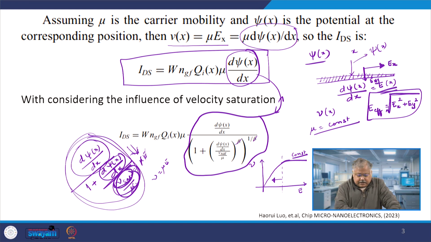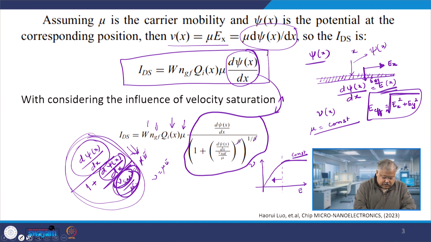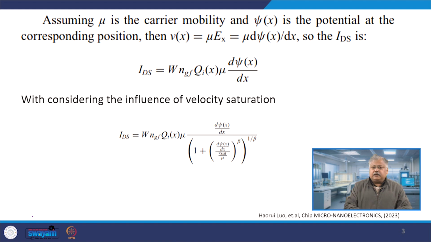That's the reason you get dψ/dx, and if you multiply that with μ multiplied by Qi, NGF and W, I get the total current IDS. So let me rub this portion and just recapitulate what we did in this case. What we did in this case was, we tried to find out the total drain current as a function of